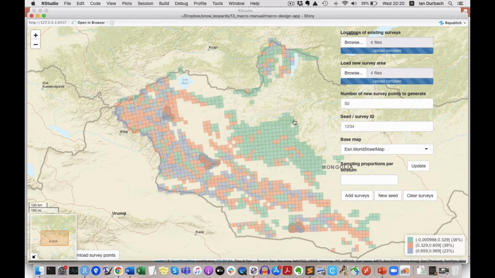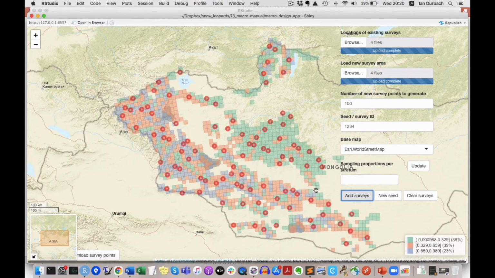So now we can generate Halton points in the usual way. Say we generate 100 points and click Add Surveys. This looks pretty similar to what we had before. Points are pretty evenly distributed throughout the survey region. And the reason for that is, by default, the number of points in each stratum is proportional to the area occupied by that stratum. So because the green cells occupy 38% of the survey region,